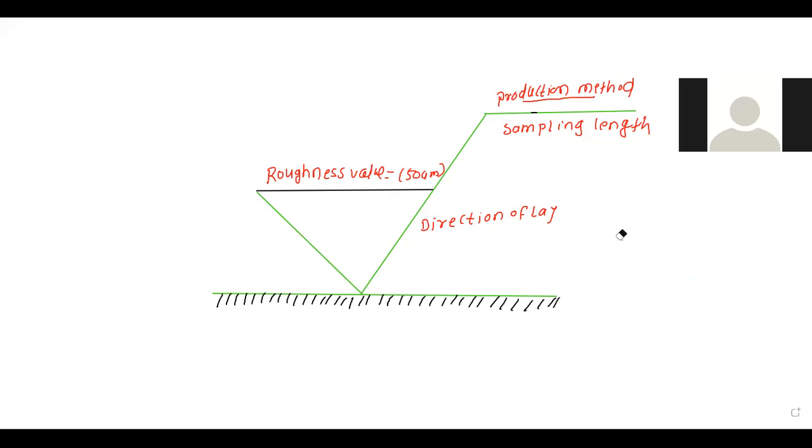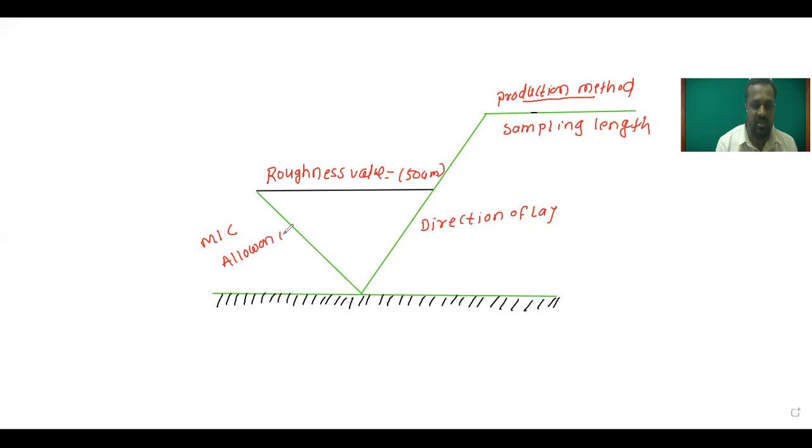Now see, one part is remaining at this side. This side of this symbol will indicate the machining allowance. Simple. That much information we will get from this